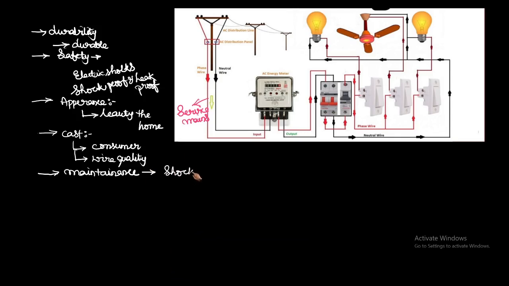And one more thing is, you have to think about the future also. Whenever you want to extend the wiring system, future wiring should also be provided for. Future extension of the wiring should be provided whenever you go for maintenance. These are the different points, the factors that are going to affect the selection of the wiring methods.